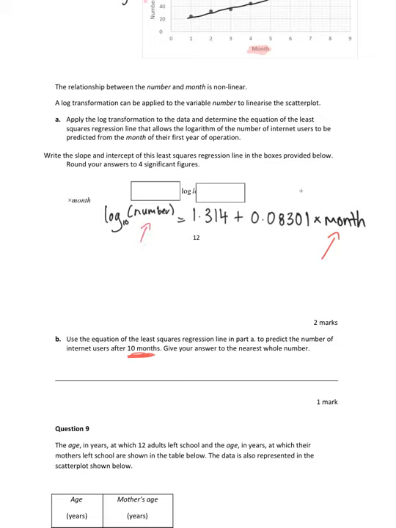On your CAS, if you want, you can just do solve the log 10 of, you can put it as N just in your calculator, equals the 1.314 plus the 0.08301 times the month. Just going back a step, with significant figures, guys, just remember that zeros are not